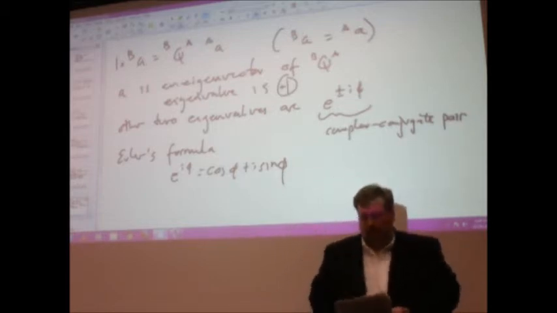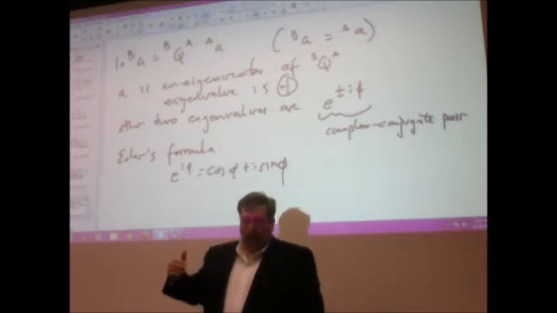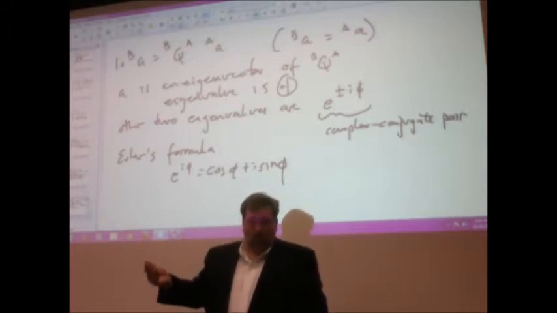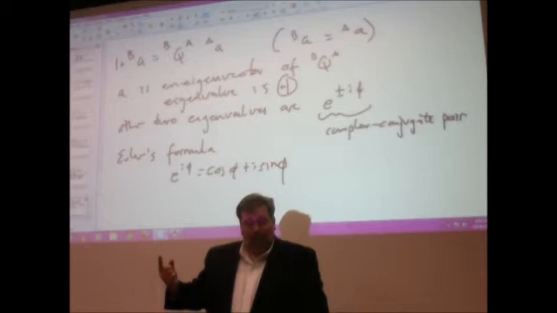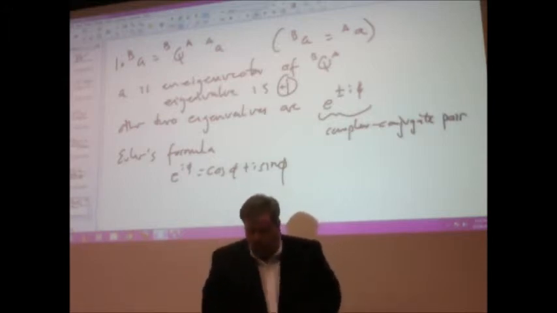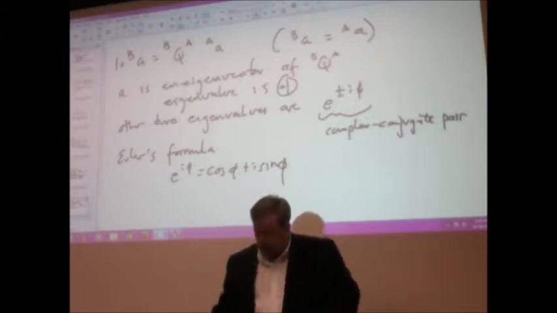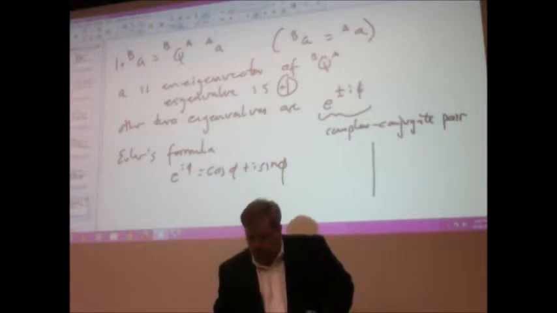Deal is that complex conjugate pair, when you multiply all 3 of these things together, the complex conjugate pair and the number 1, you get exactly 1. You may remember that the product of all 3 eigenvalues is the determinant of the matrix. So that's the number 1. Anyway, Euler's formula per se isn't a big deal here. I just want to sort of remind you that that's the scalar version of what we're about to see in